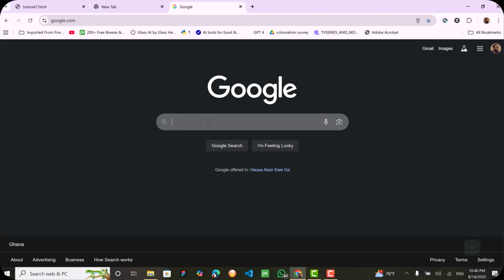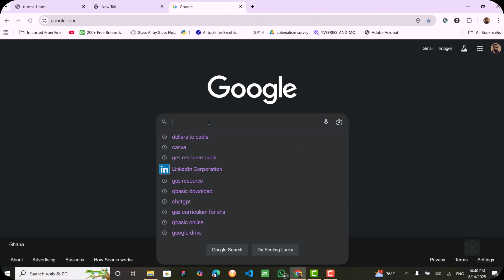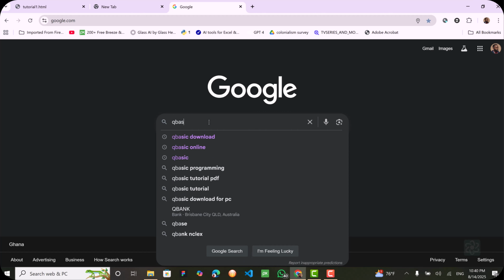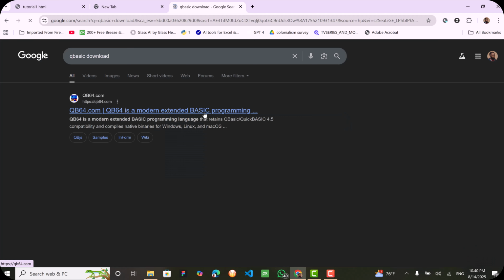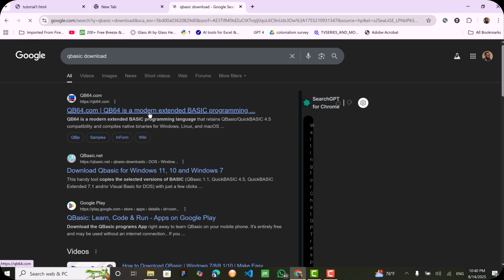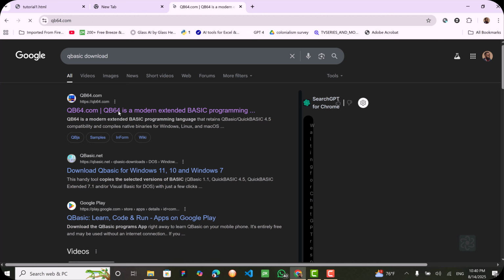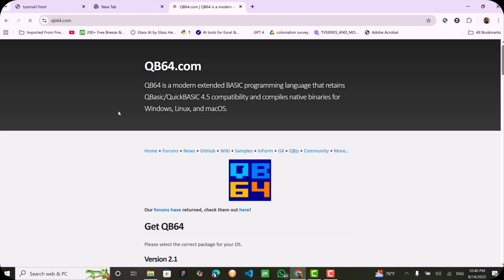Let's start. First of all, you search for the QBASIC download, because the setup is online. You search it on Google, and from the search results that come, you highlight the first result. Click on it, and wait for the page to come out. So it will take you straight to the QBASIC